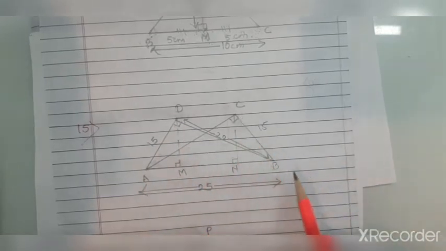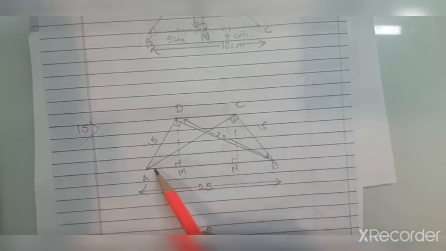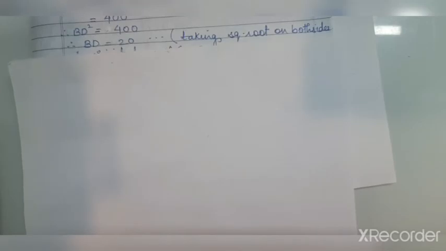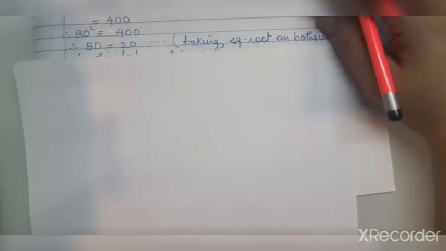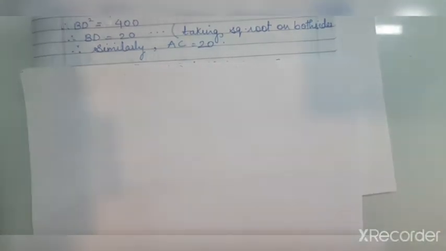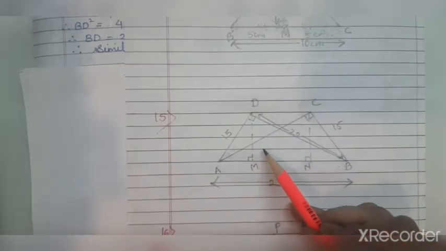Even in triangle ACB, the hypotenuse is 25 and the other side is 15. So it is going to be the same calculation. So AC will also be 20. I can show you here, BD is 20. Similarly, AC is also 20. Okay. Now, after we find how much BD is, look in the figure.